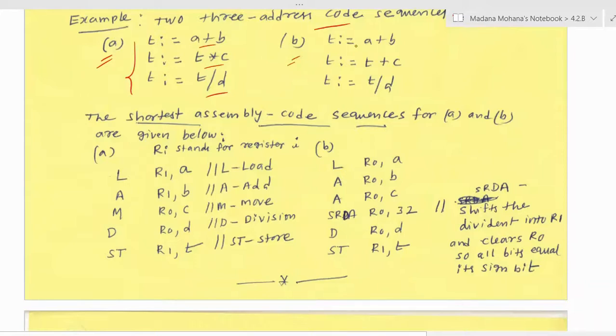Then another one: T equal to A plus B, T equal to T plus C, then T equal to T by D. Both are different. Here the first one, A plus B, is the same. The second one is different: here into is there, here plus is there. Third one is by, divided by. So one operator is different here. Now you can see the shortest assembly code sequences for both the above code sequences A and B are given